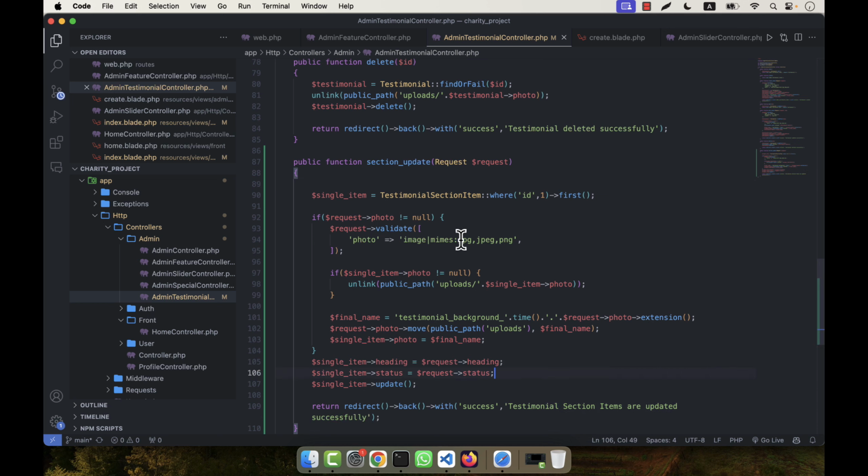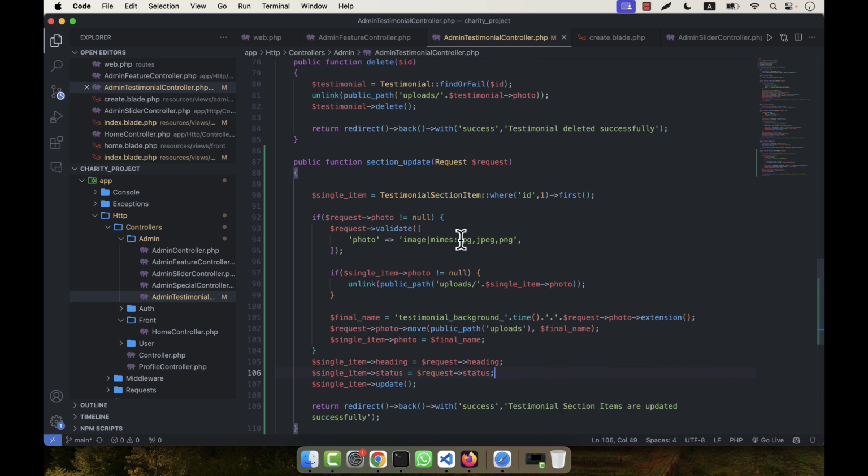This is heading. The existing data will be here. So here I will have to call the value. So value will be the existing data. So I am going to copy something like that from here, and here it will be blade syntax, testimonial section item of heading. So this existing data will be here,